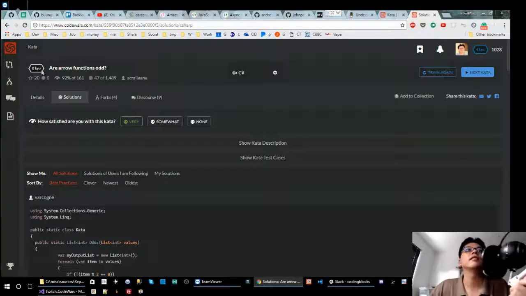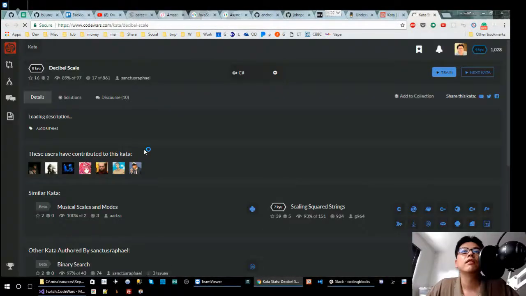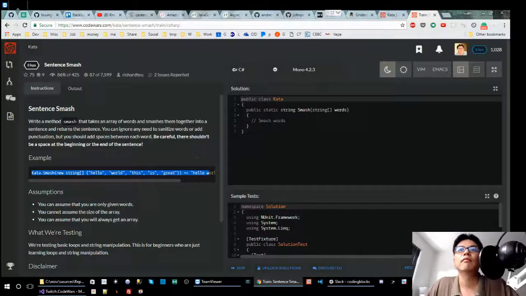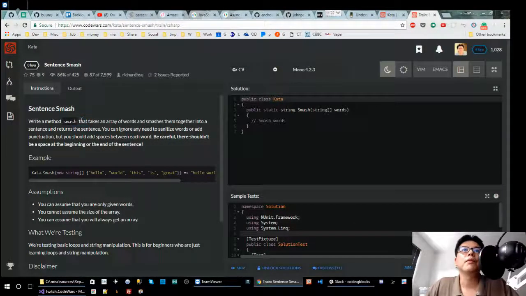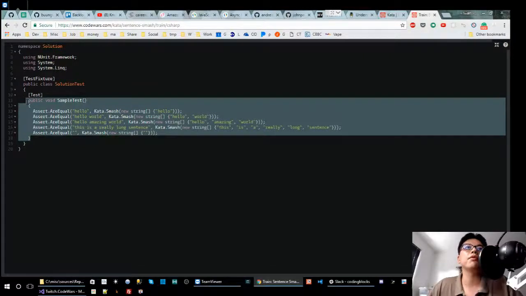Let me solve another problem. Let's see. Another simple one. Decimal. Okay, I think I tried that already. Let's see, what was it? Write a smash method that smashes words together into a sentence. You're going to generate punctuation, and you have to be careful to distribute the spaces between words. So basically it's concatenating the array of words into a string. Okay, that's a simple one. Right now, since I have XUnit, you just copy up to here,